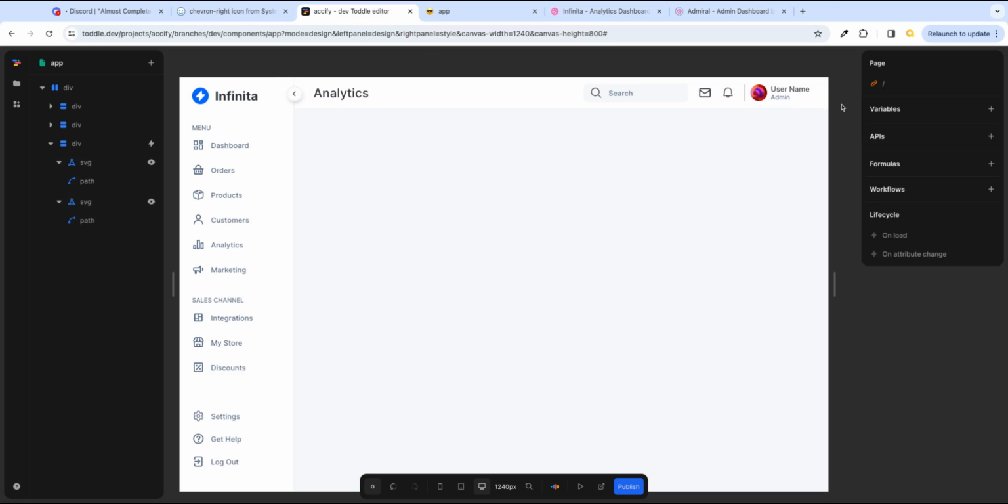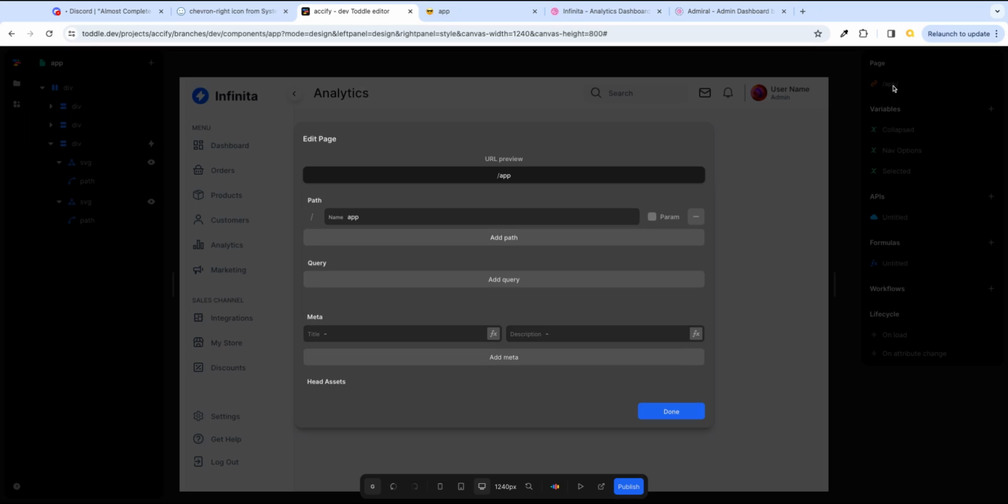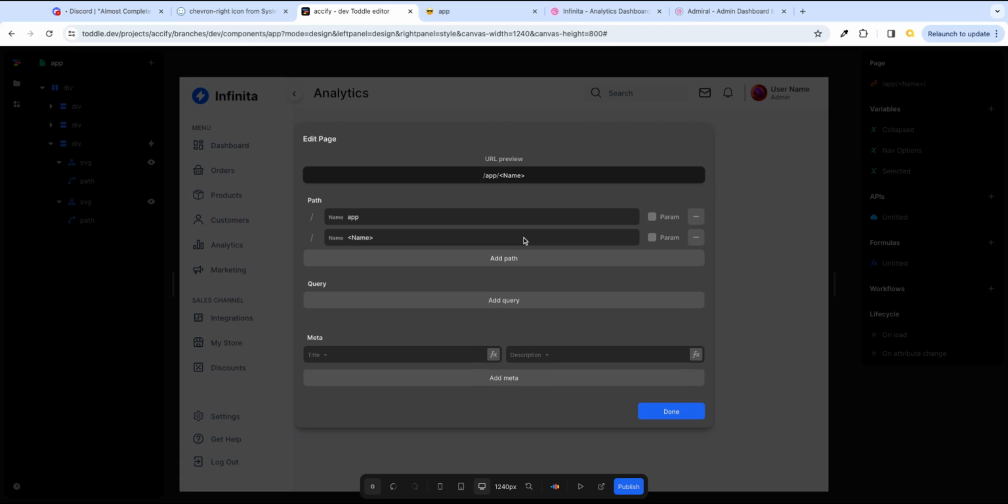So what I'm going to do is click on the canvas, press escape, and we've got this option for page where we can set up things at the page level. So I'm going to click this, and I'm going to add a path. The default path is a path to our page name, which is app. And I'm going to add a path, and I'm going to call this